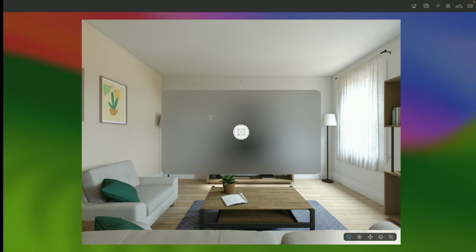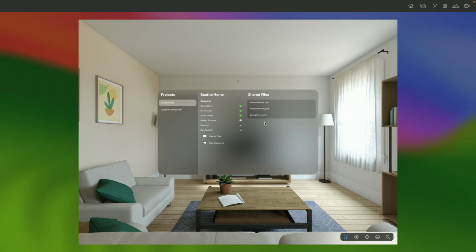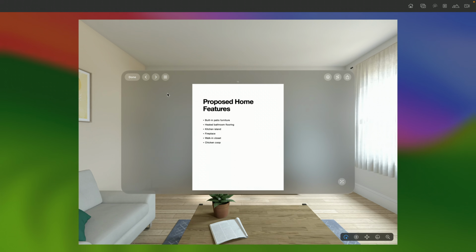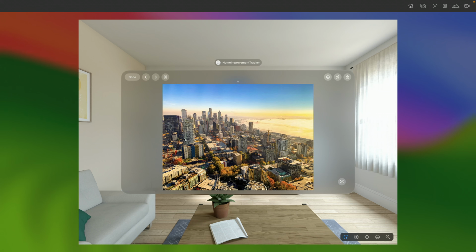Let's run this and see what we get. Going back to our app. Now, when I select this view, I can see a sheet with our previews appear directly within our app. I can cycle through the files using the navigation controls in the toolbar. Make sure everything is fine before sending them over to the homeowner. Presenting file previews directly within our app was as easy as passing in some URLs to the Quick Look Preview function.